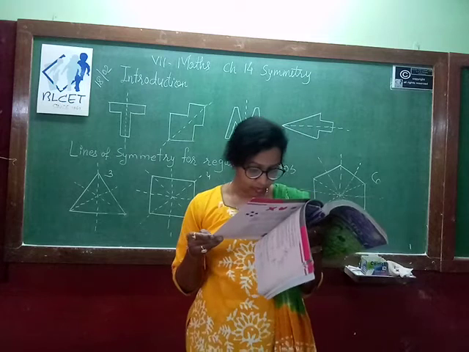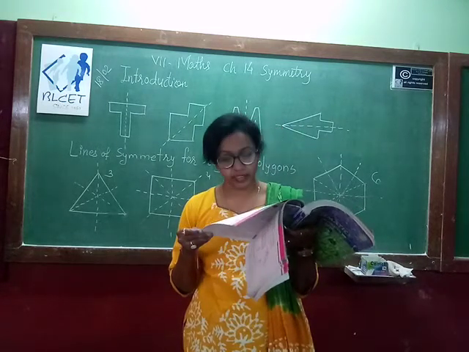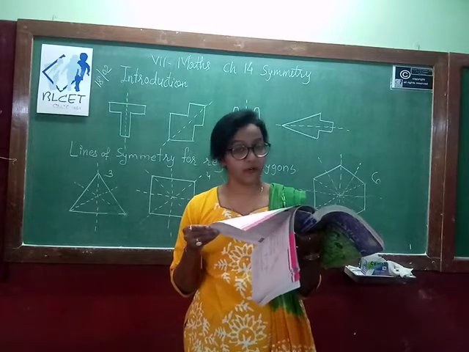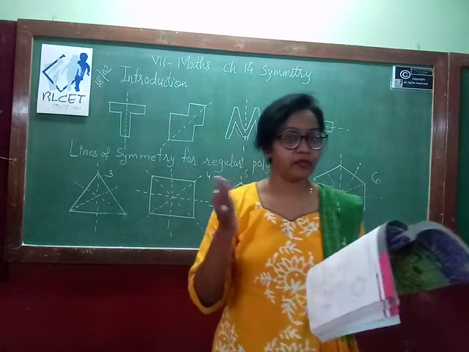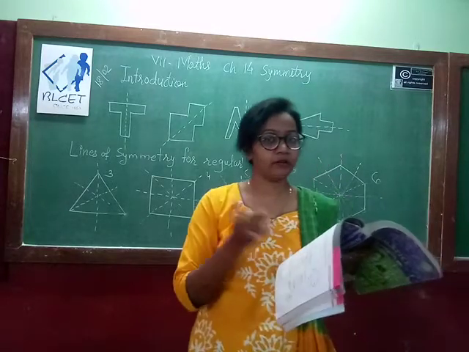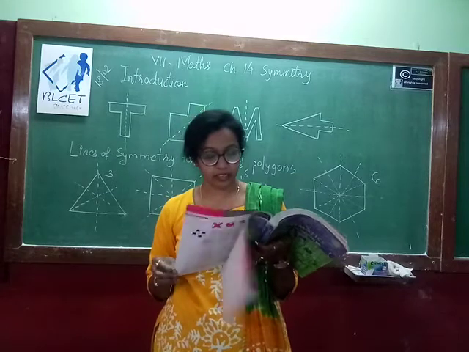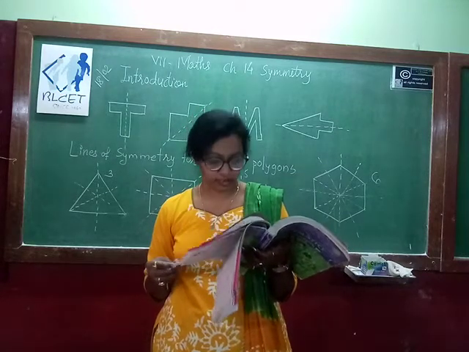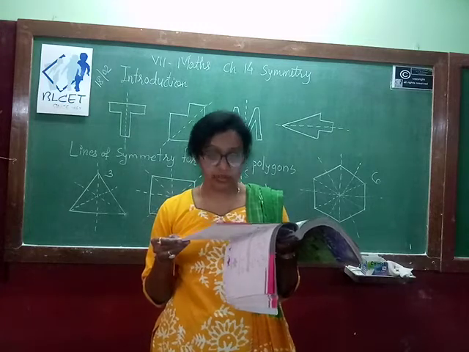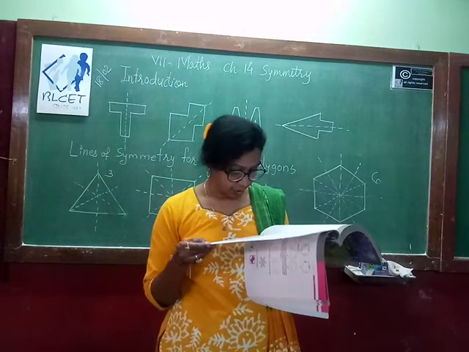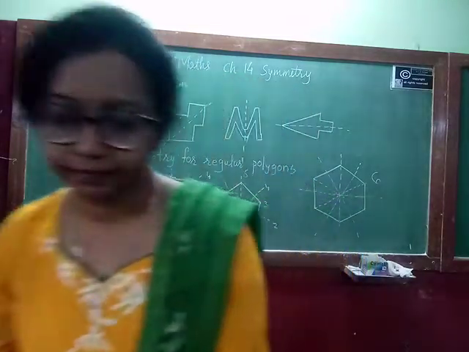Then we have the concept that line symmetry is closely related to mirror reflection. So in figure 14.7, if you observe, the mirror reflection of half of the A is in the mirror, and when you join them you are getting the perfect alphabet A. So that is also known as mirror reflection. Next we have been given 2 diagrams. Is the dotted line a mirror line? The diagram is like this. Let's see.